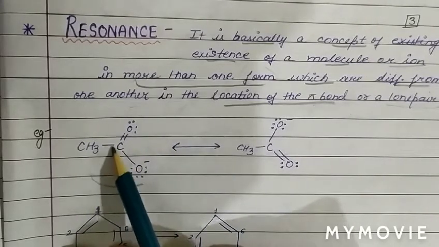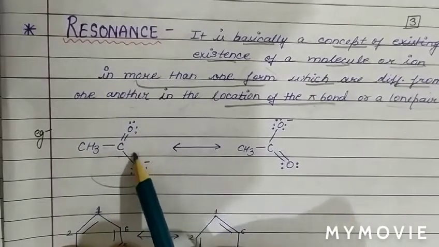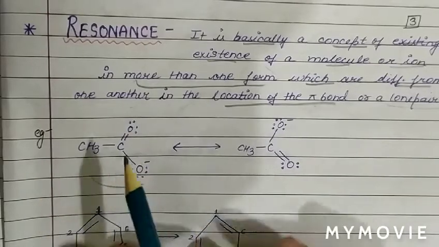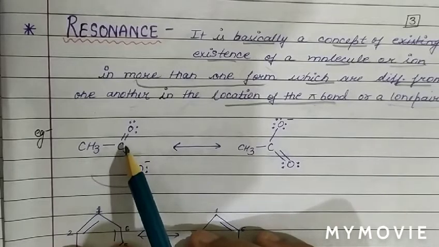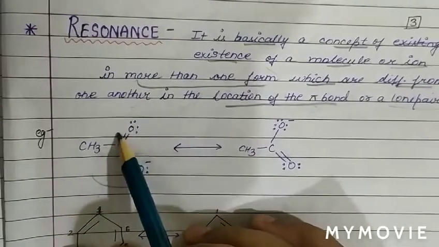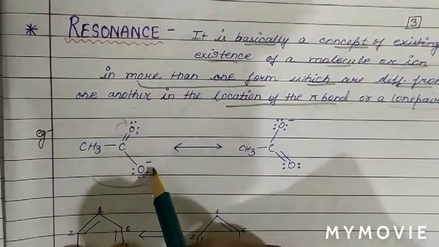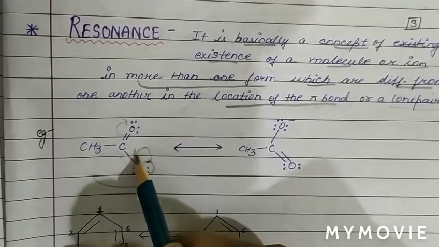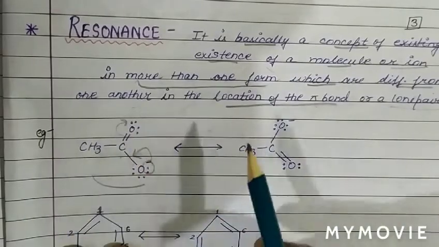Now the bonds formed by carbon become 1, 2, 3, 4 and 5 after this electron pair comes in between carbon and oxygen. And we know carbon cannot form 5 bonds because it is unstable. Carbon can form a maximum of 4 bonds. So at the same time this bond will break. So basically this electron pair is shifted to this position, and this pi bond breaks immediately.